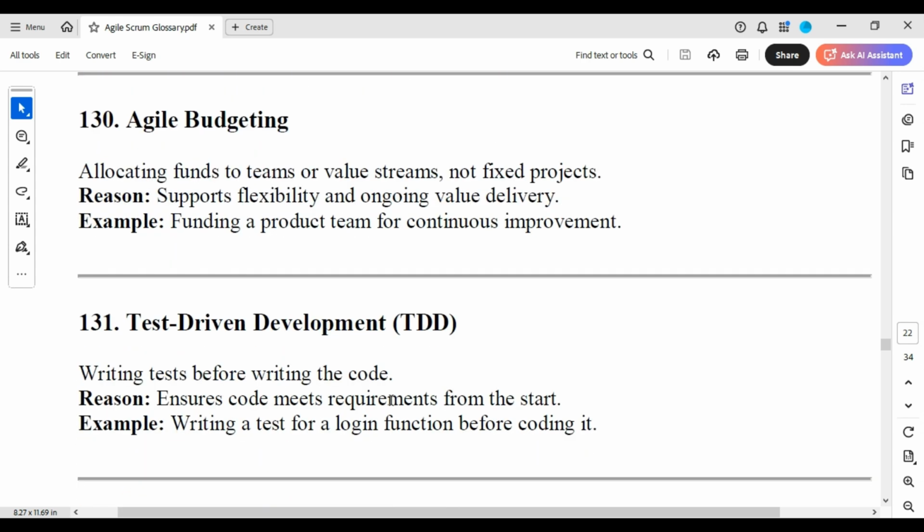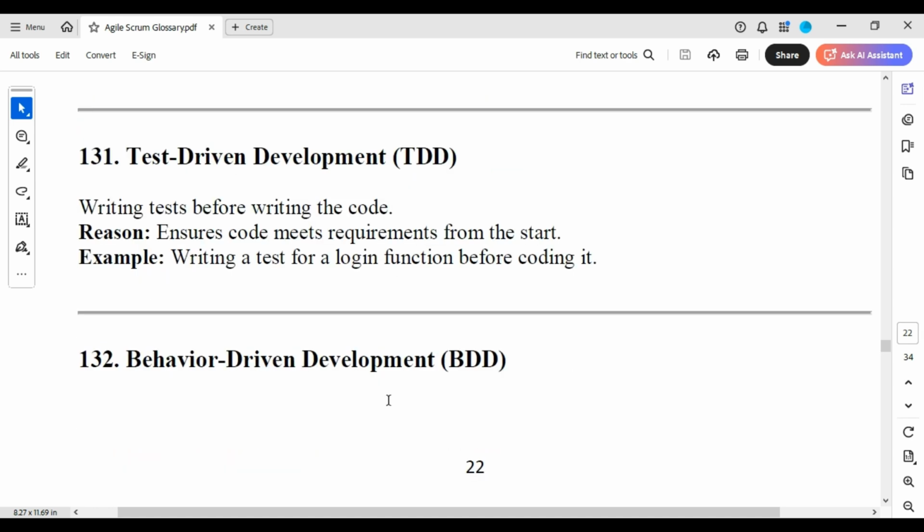Agile budgeting: allocating funds to teams or value streams, not fixed projects, supports flexibility and ongoing value delivery. Funding a product team for continuous improvement. TDD, test driven development: writing tests before writing the code ensures code meets